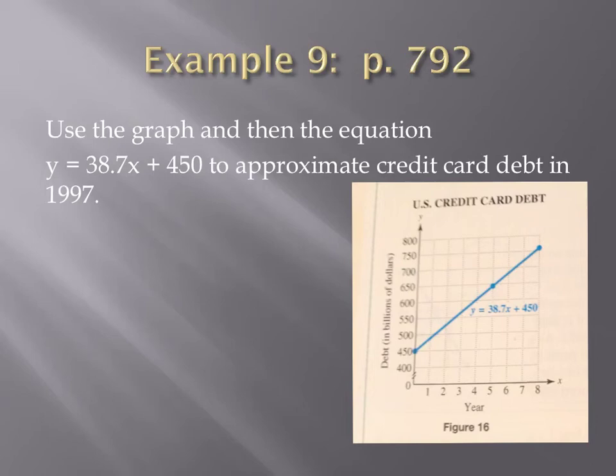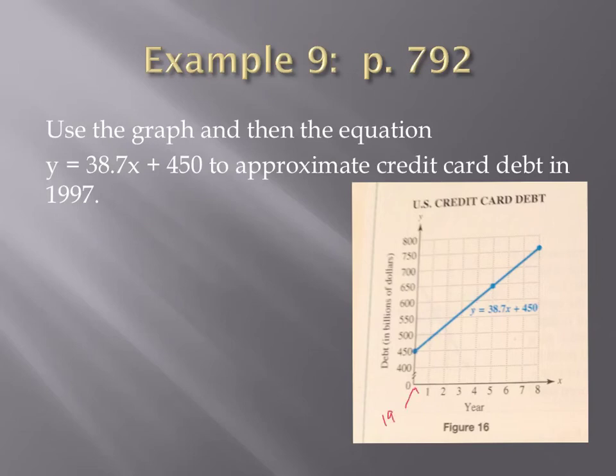Well, this came from the example in your book, not on the margin but on the main part of the pages. And if you read through the example, it says x equals 0 represents the year 1995. So that means that